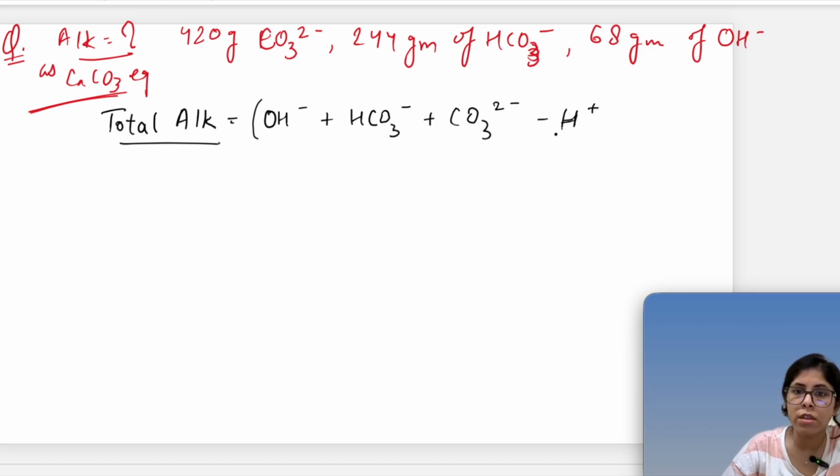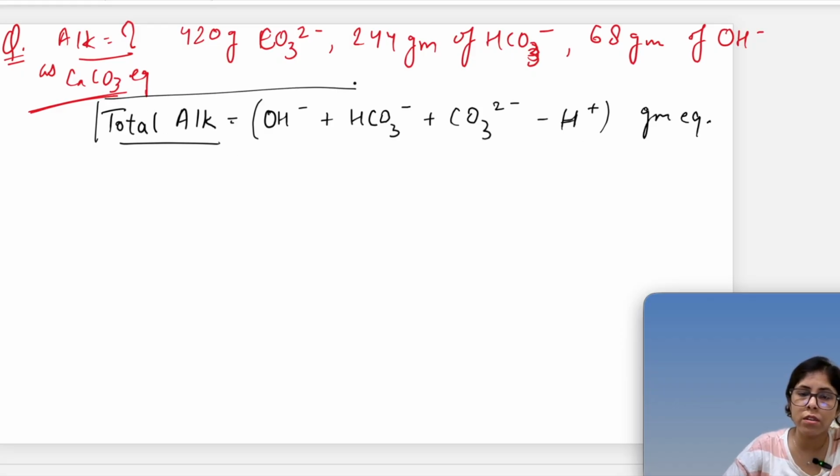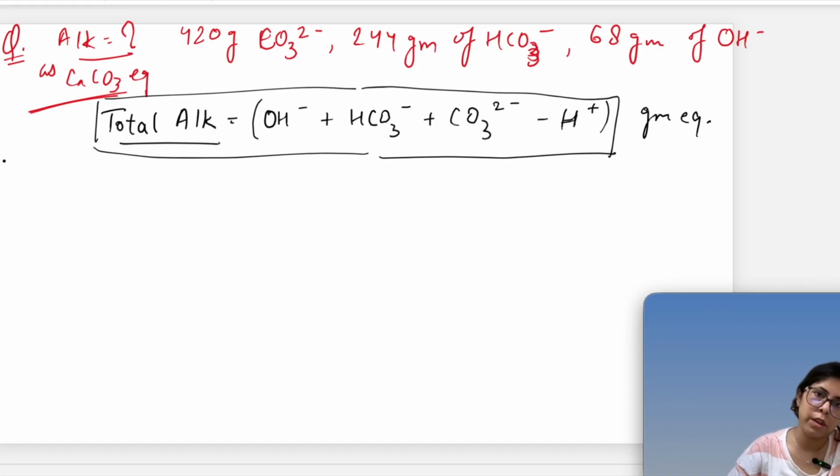This gives the total alkalinity in gram equivalent, right? It will be given in gram equivalent, and then as CaCO3 or something, we'll be multiplying it by the equivalent weight of CaCO3. So for example, here we have